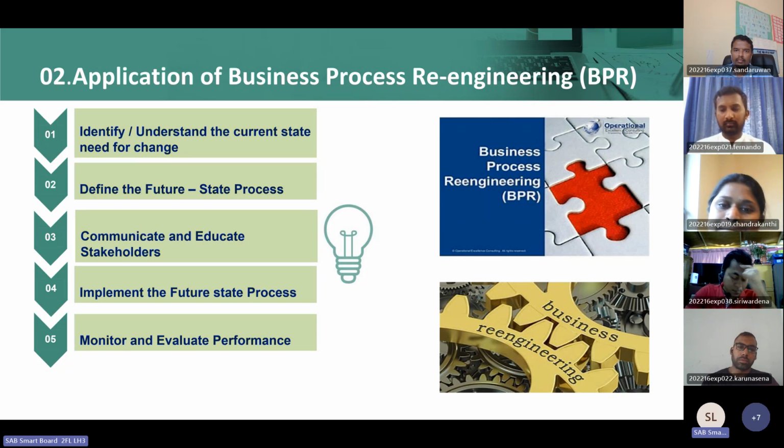This is the identify step, the existing process. This involves identifying the existing process, identifying the inefficiencies or areas that we